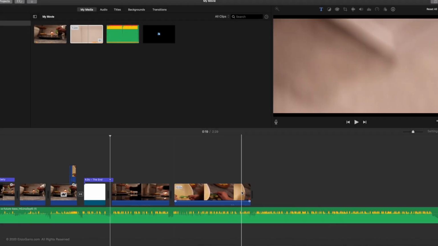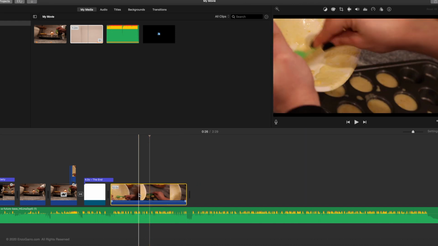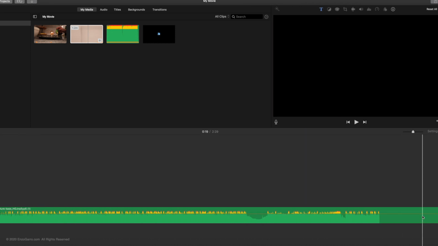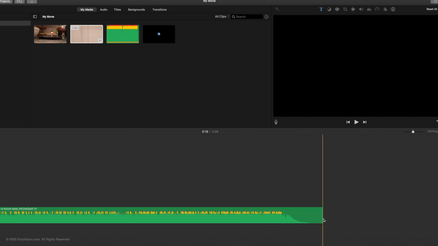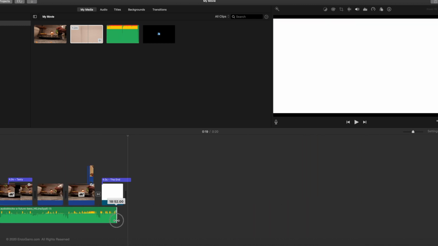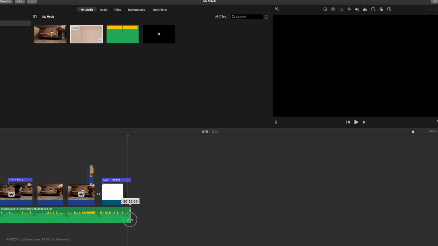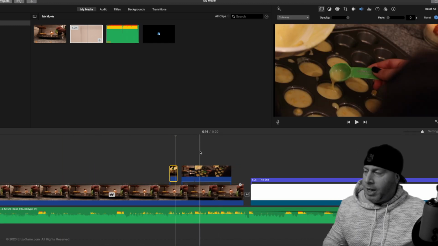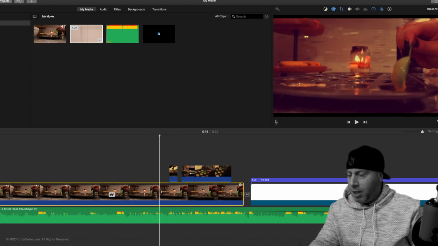So we'll remove the rest of these clips. Now what we want to do is we kind of want to just fade this out. So let's take our song track. Let's bring it on over to the end of the clip here, to about there, and we'll take this little dot here to fade the track out. We'll move it over to about there. All right, so now that we have everything in our timeline,